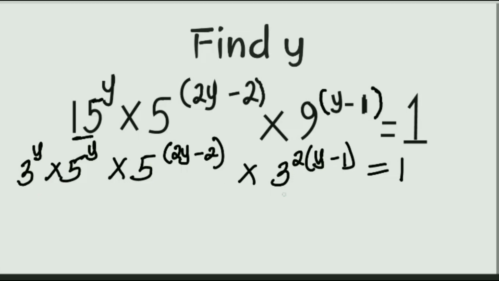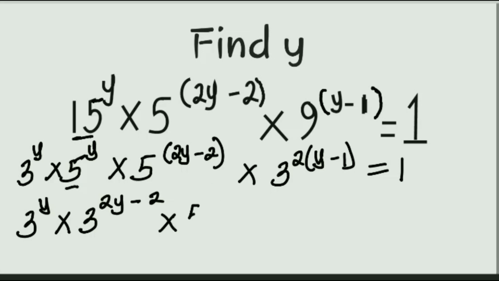So we have expressions with identical bases. This is an expression in base 3. This is an expression in base 3. So let's put them side by side. This is 3 to the power of y times 3 to the power of 2 times y, that's 2y. 2 times minus 1, that's minus 2. We have times, this is 5 to the power of y times 5 to the power of 2y minus 2